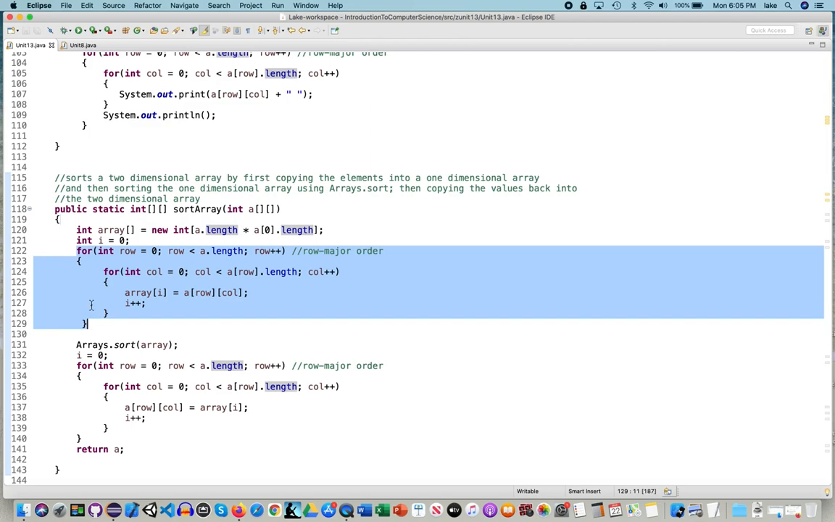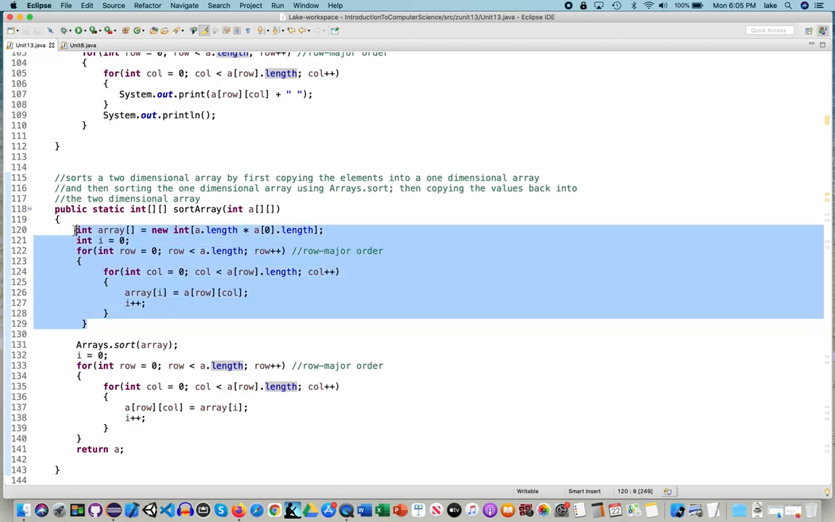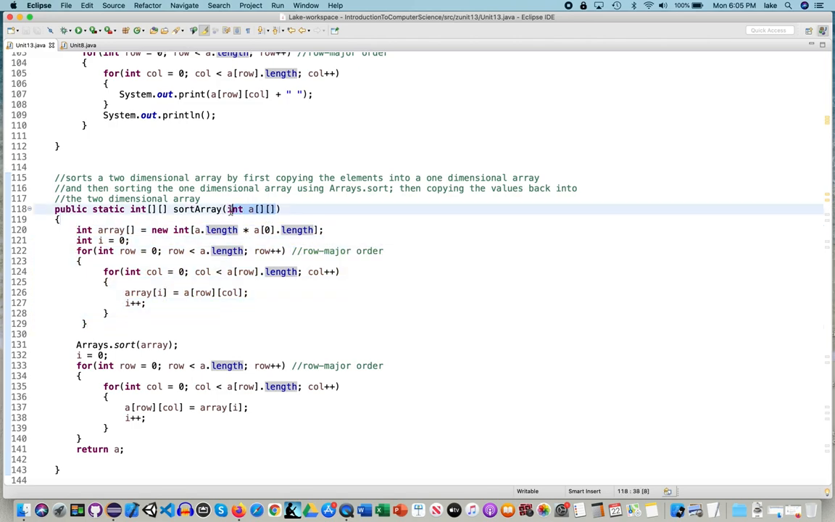It's going to be everywhere. So it's almost like you need to just memorize it, right? Because it's just the same thing every time. Now I'm going to take every value in a row, column, row always first, and copy that, assign it to the values in array. An array is going to get updated for every i. So the first time i is 0, it's going to get the 0 spot, then i plus plus, the first, and so on. Once I've copied all the values from this to the array, I then sort